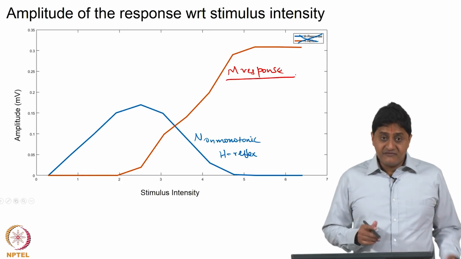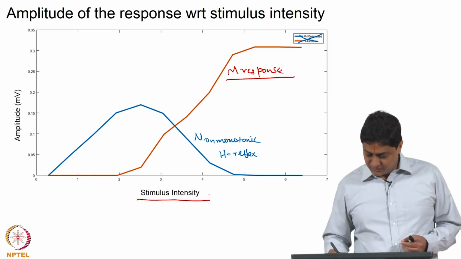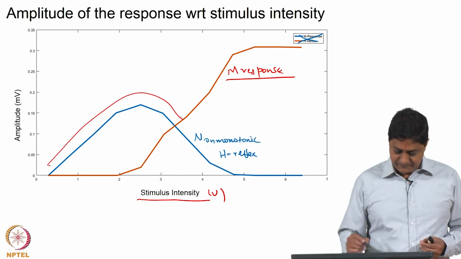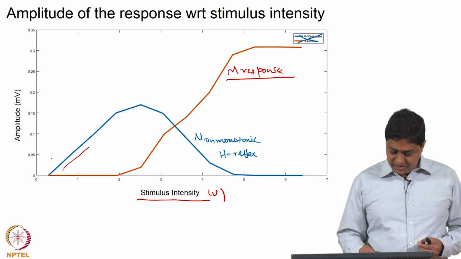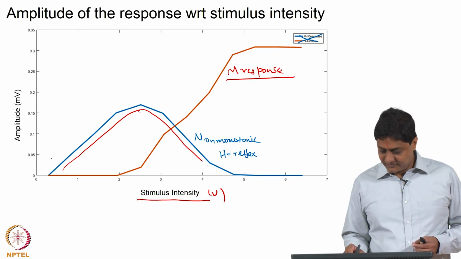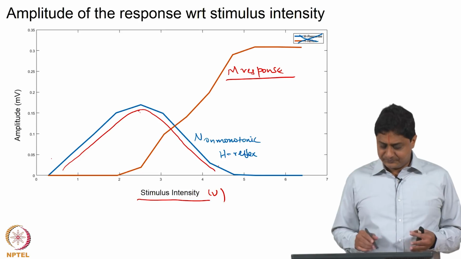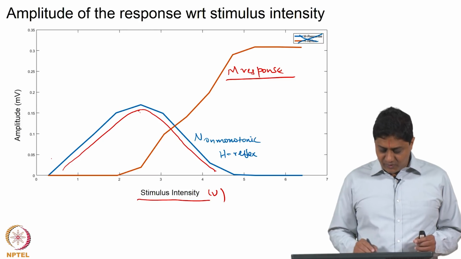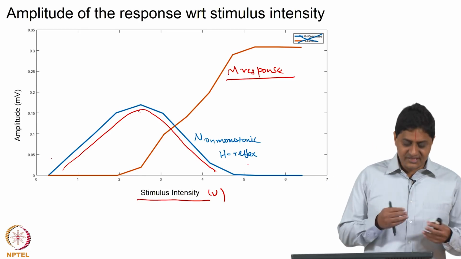This is the M response. We saw that as I increase the amplitude of the stimulus, so this is the stimulus amplitude, in volts actually, and this is the response, is it not? What we see is that as I increase the stimulus amplitude, the response continues to increase until some point, and after some point it starts to decrease, like that. Actually it is a relatively smoother curve. Here we have drawn with fewer points, which is why you are seeing a non-smooth curve here, but what happens is a smooth response like that. So, this is the relationship between stimulus amplitude and response amplitude,